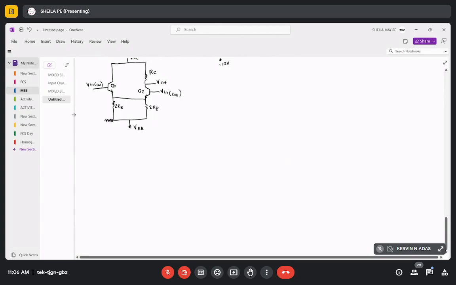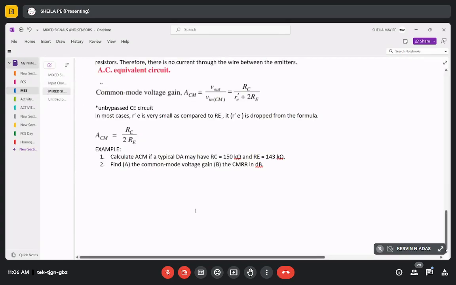So, if we have here ACM, V output divided by V input in common mode is just equal to our RC over RE prime plus twice of our RE. Okay, now given that one, CMRR,